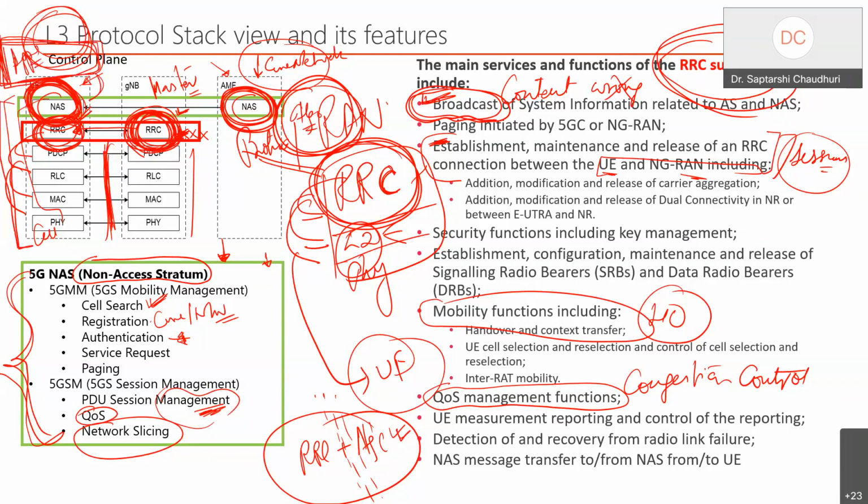Now, how do they talk? That is a big entity that we need to be aware of. Whenever we say a session, it means that you're trying to do one transaction. For example, we start a YouTube session. But in the 3GPP world, we interpret that as session number 1. I want to start a voice service, that is my session number 2. I want to do Times of India web page browsing, session number 3. Like that, I can keep on creating sessions.